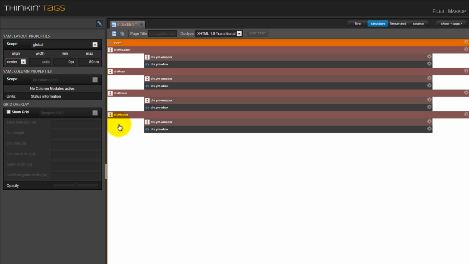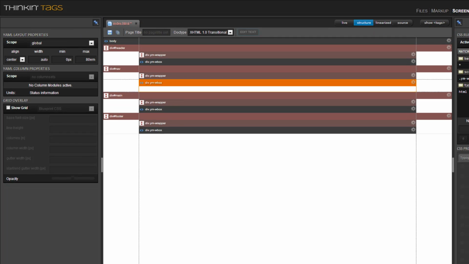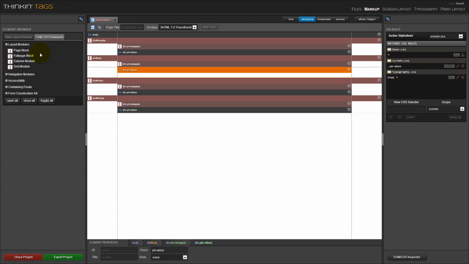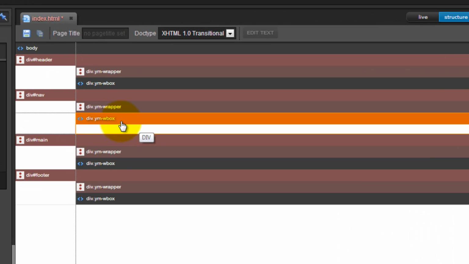And in the next step, I want to include horizontal navigation to the layout, and I want to configure my content area. So for including the navigation, I switch back to the markup section, and I will place it here in this container YM wrapper,